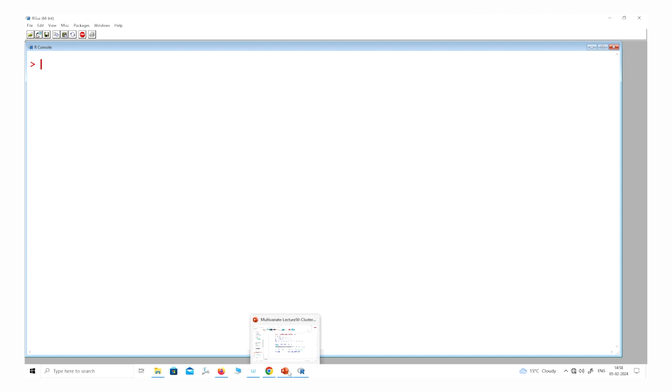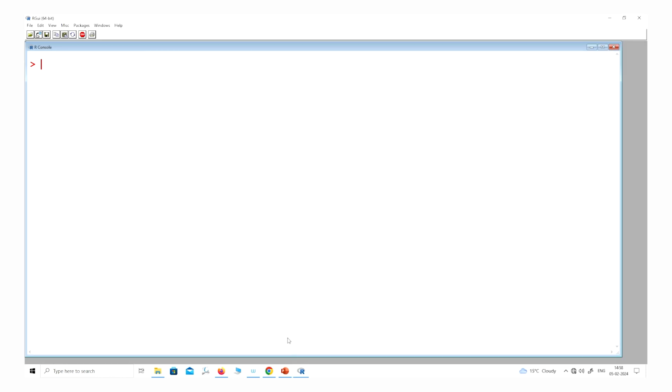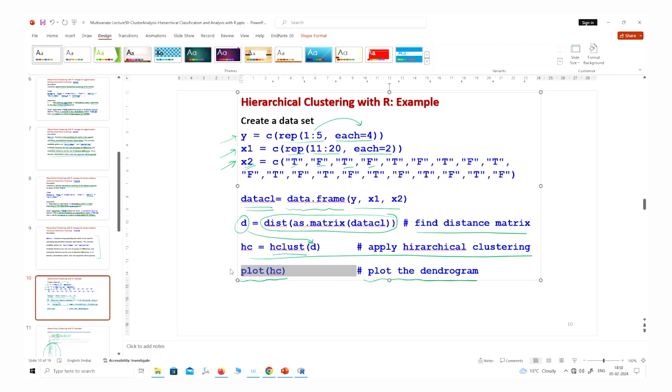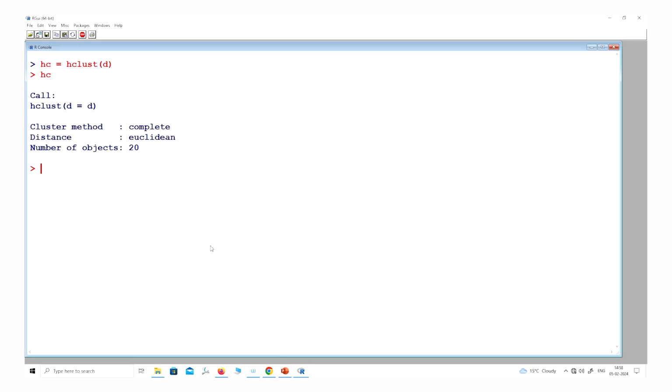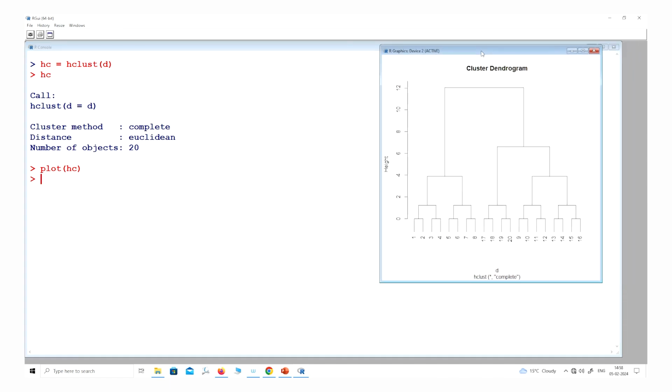So you can see there it is not difficult to do them. Now I try to apply here the hierarchical clustering. So you can see here this outcome is here like this, right? And then I try to plot here with this one. So you can see here this will be like this. You can see here this is the dendrogram which I had shown you, right? So you can see here that it is not a very difficult thing, and you can do it very easily.